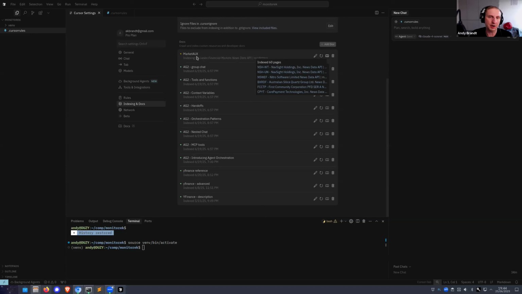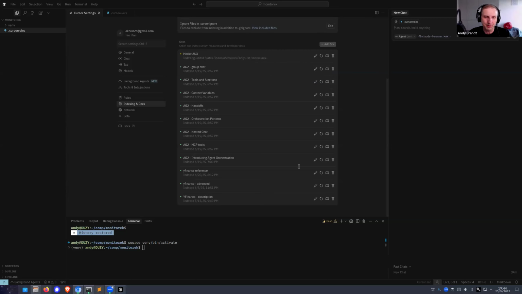But for example, Marketaux, this is an API for news relevant to market and investment. They provide their documentation so that with a simple URL, I have like 60 pages which are indexed. What it means they are indexed is they are turned into a vector store that is available for the agent when I call for it. So this is a very nice feature. You can work with it from the chat interface as well, but it doesn't auto update.